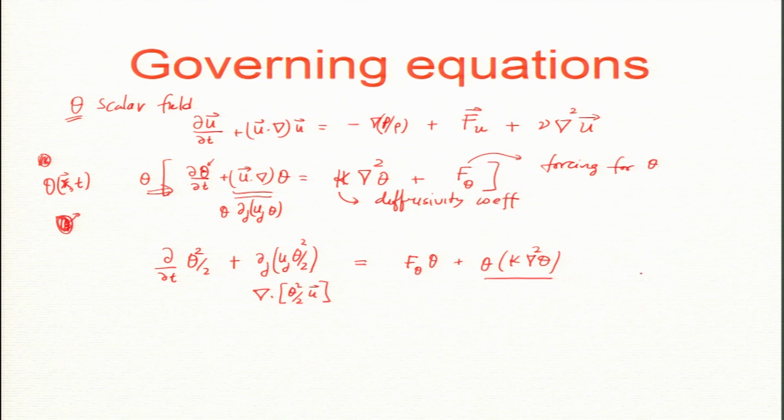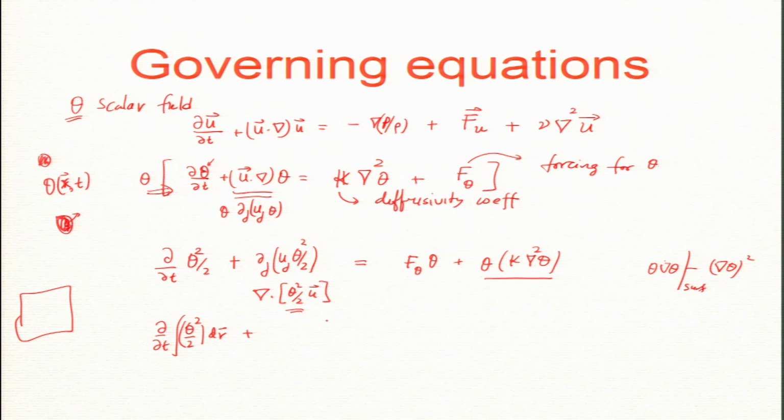You can do by parts. Theta grad square theta can be written as theta grad theta minus grad theta squared surface when I do the volume. Right now I have not done the volume, so just wait. So, I can now integrate over volume. If I integrate over the whole volume, d by dt of theta squared by 2 integral dr. What about this?